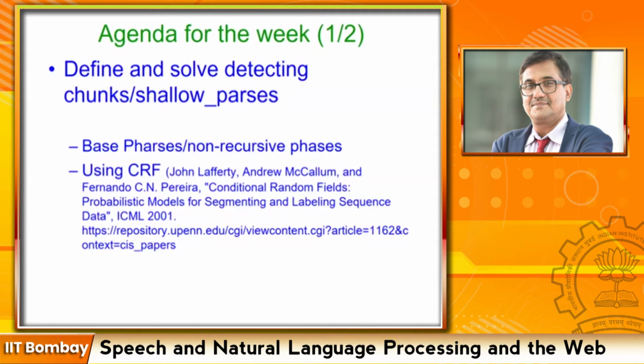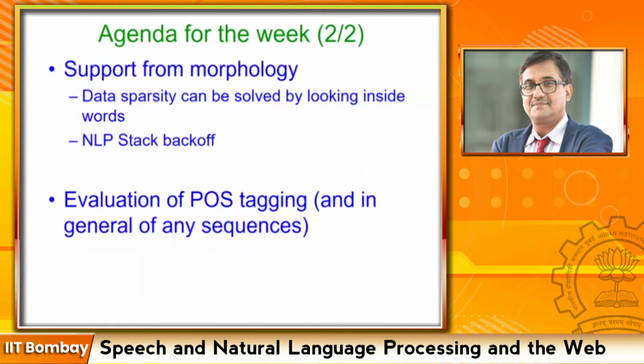For running Viterbi algorithm, just working with conditional probability is much more convenient, because we do not have to worry about the product of two probability terms. So we'll see the modeling, how the technique is applied. And we need tremendous support from morphology because conditional random field will work with features on the text.